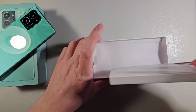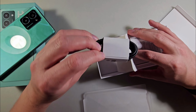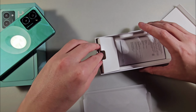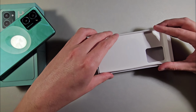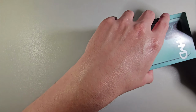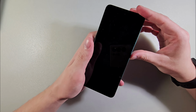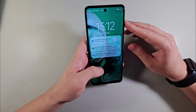Okay. In the box we have only a Type-C cable for USB. Sorry, Type-C to Type-C. Okay. Without an adapter for charging. Poor completion. We have, okay, a double camera on the back side, on the front a 6.5-inch IPS 90 Hz display, HD